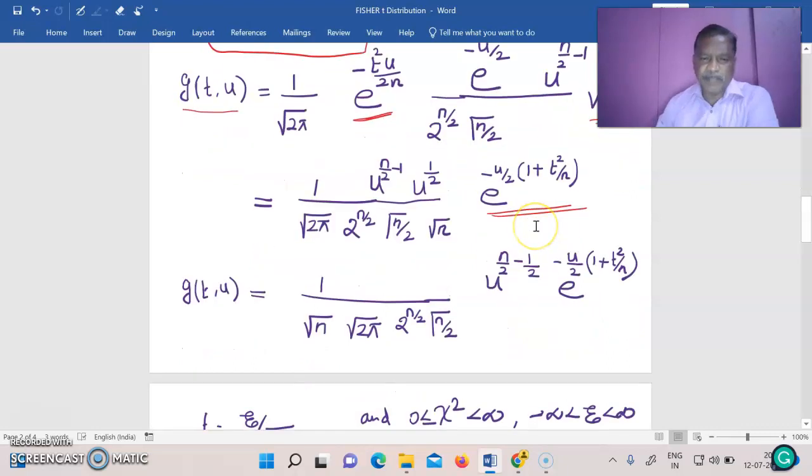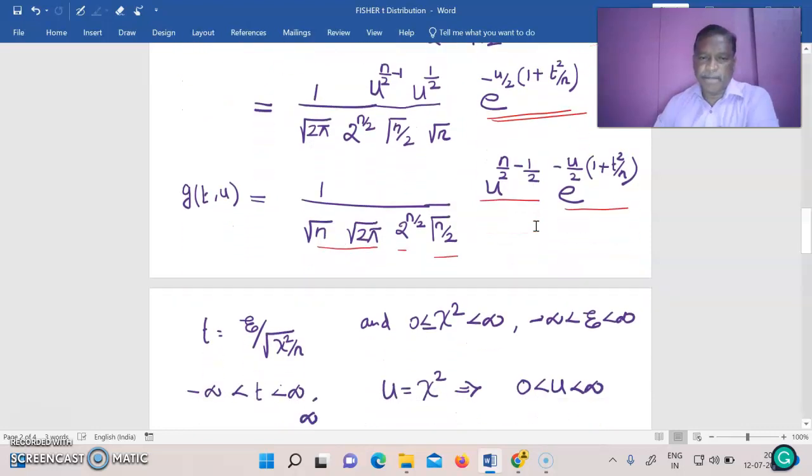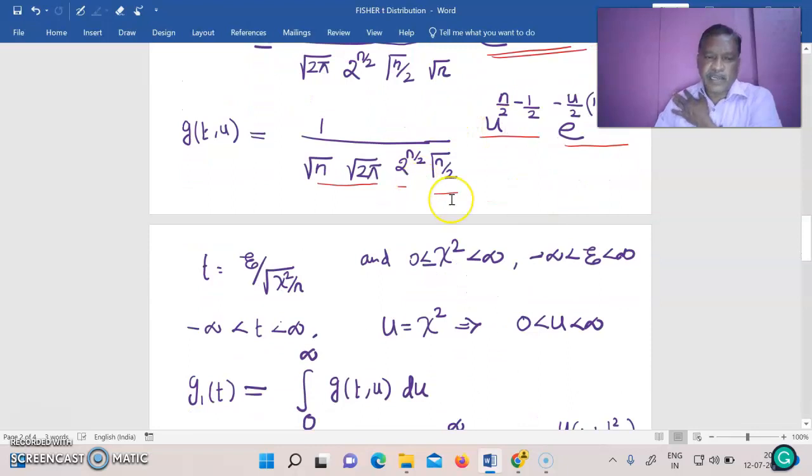In the next step, again 1 divided by square root of n, square root of 2π, 2 power n by 2 gamma n by 2, as in the previous step. Then I simplified the u. Again the u terms are in product form, so we can add the powers: u power n by 2 minus 1 by 2 into e power minus u by 2 into 1 plus t square by n. So now our idea is we have to find the probability density function of t from